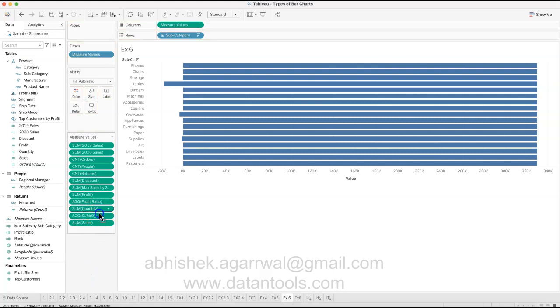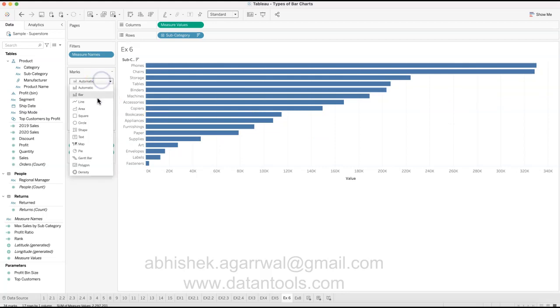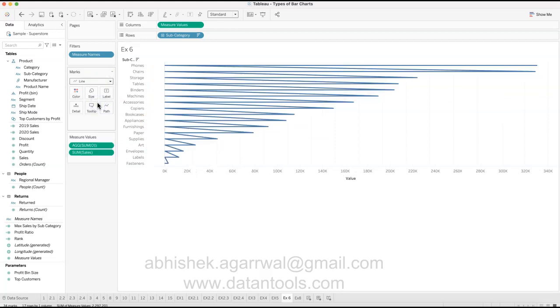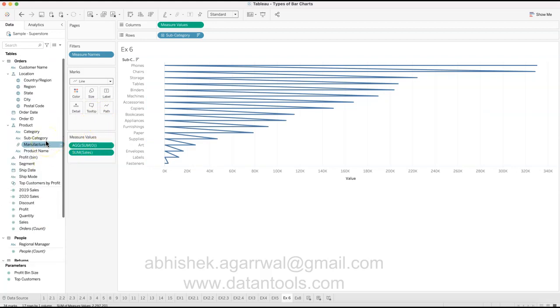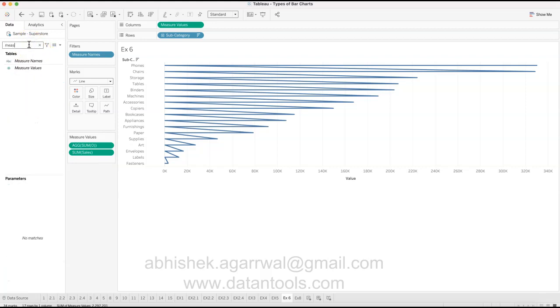And we remove everything, just keep on removing this. Done. So we have something which is starting from 0 going all the way till the end, but right now it is a bar. So what we will do is change it to a line, and the line for this measure path is nothing but our measure names, right? So we will search for measure name and put it on